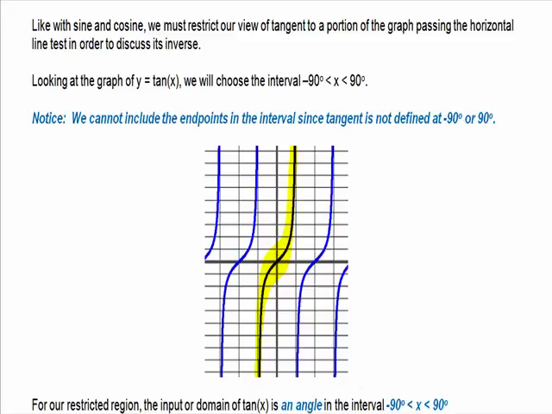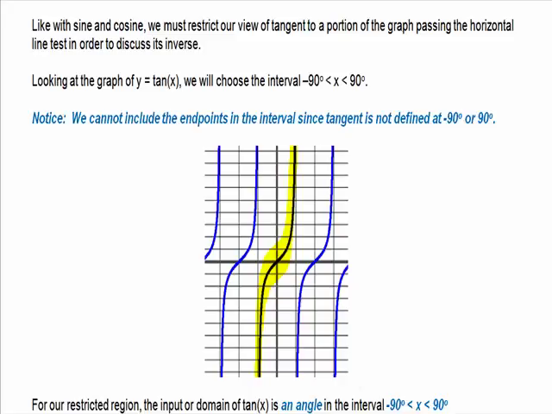Now notice, in this one, I do not include the 90s. Remember with inverse sine, I did. I needed that in order to get the -1 value and the +1 value. But here I do not, because remember, tangent is not defined at -90 or 90 degrees. So I cannot include the 90s. When you do an inverse tangent, you will never get 90 unless you do something very special and the calculator rounds. But the actual value never, ever will produce an angle of 90